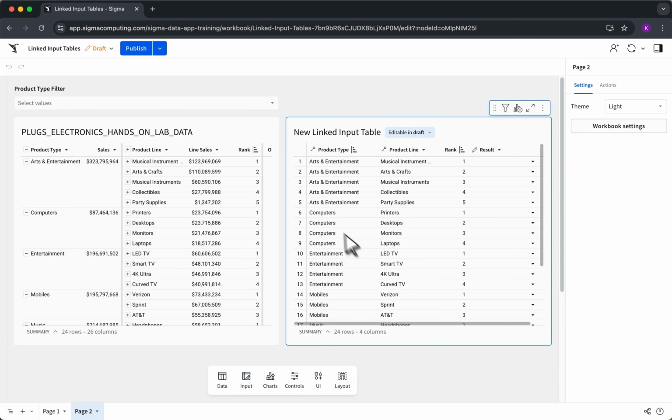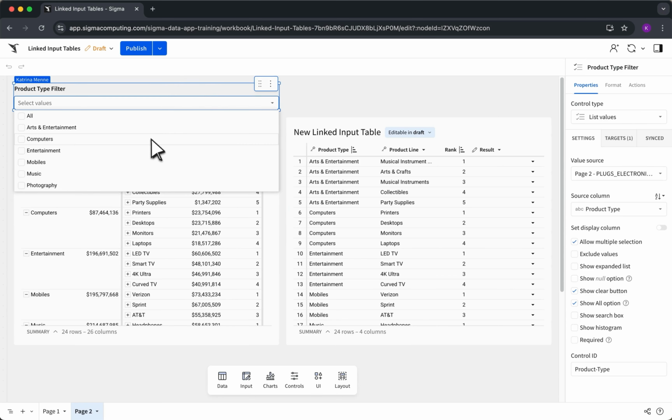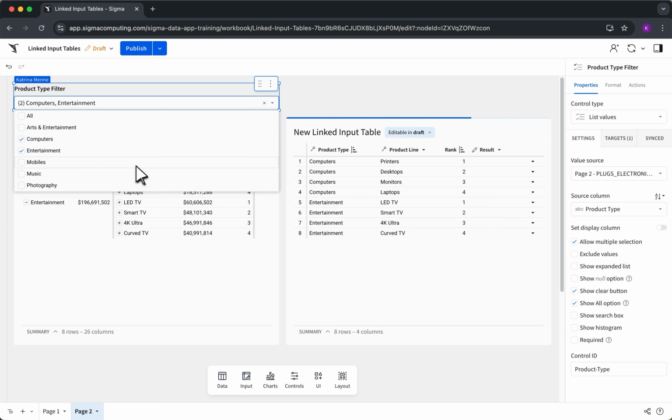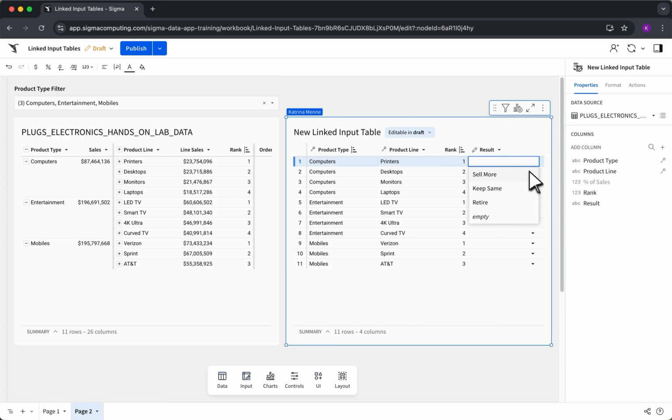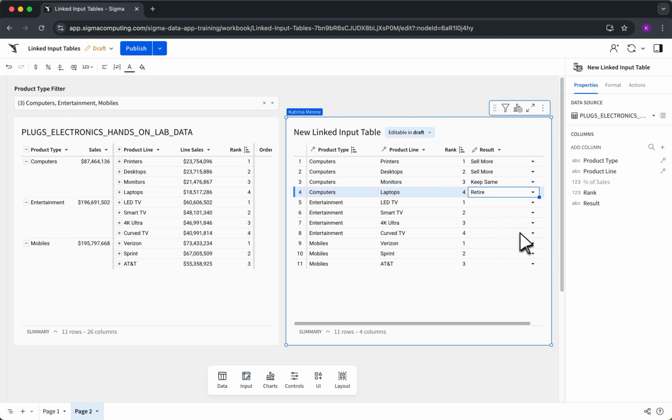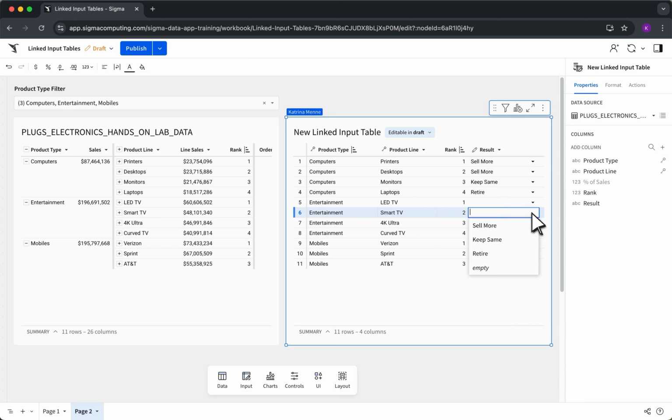Welcome to this video about getting started with linked input tables in Sigma. Linked input tables let you combine the power of live data with the flexibility of manual inputs. Instead of starting with a blank table, you link directly to an existing data source from your cloud warehouse or other Sigma elements. This means that as new data is added to the source, your linked input table automatically updates,